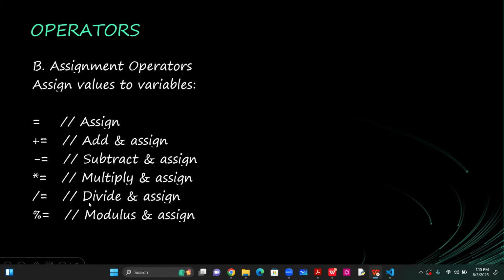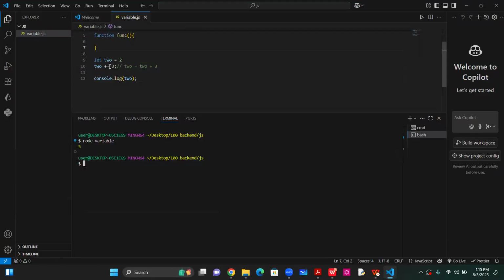Even with the modulus, we are saying get the modulus of this and assign it back. So the result of the modulus will be assigned to the variable. So let's try the modulus. We are saying 2 modulus... let's do 2 modulus 1. That would make more sense. So this will be